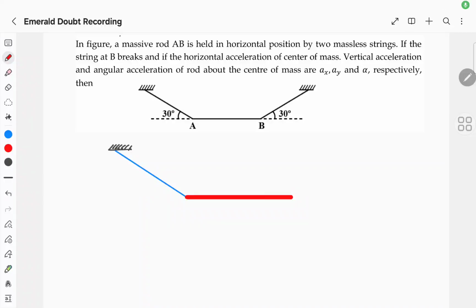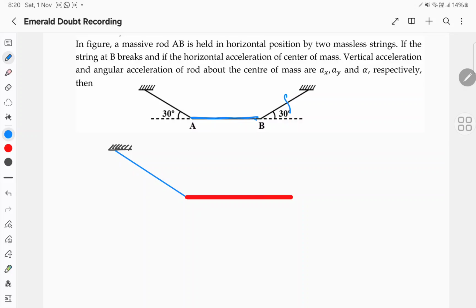Guys, so this is another emerald doubt. So you can go through this question. There was a heavy rod which is suspended in the way, and your string on this side is snapped. This is the rod, this AB is the heavy rod, and those are strings. So typical JEE style, we will take it as inextensible